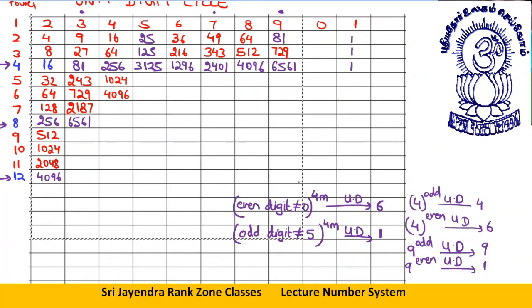Let me write it with a red pen this time. 5 raised to any power, your unit digit will be the same. We have also observed 6 raised to any power, your unit digit will be the same. Then 1 also raised to any power, unit digit will be the same. Then lastly 0 raised to any power, unit digit will be the same. So far things must be clear to all of you.